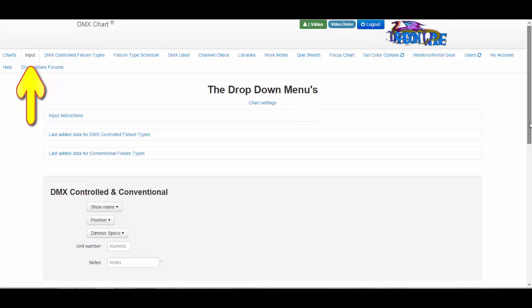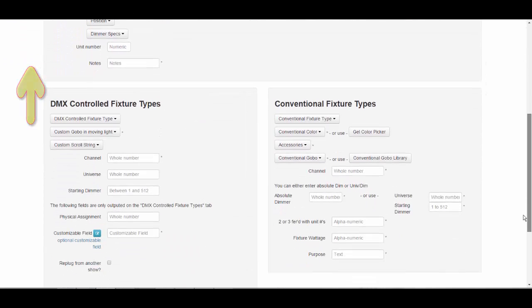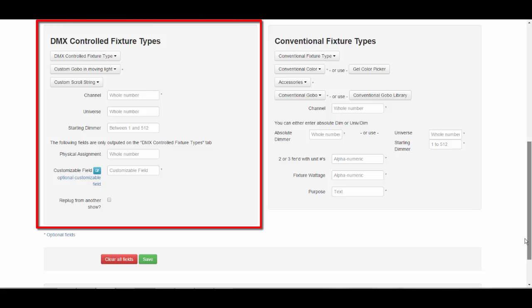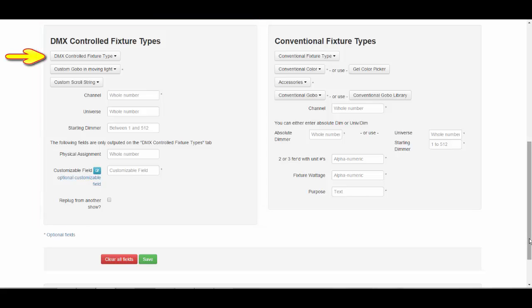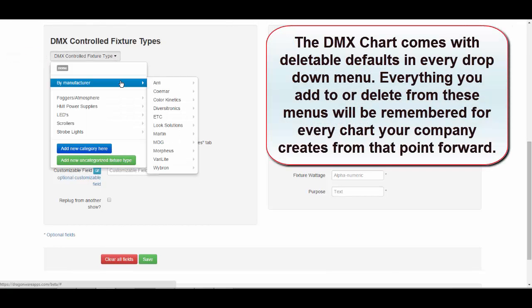On the Input tab, you'll find the DMX Controlled Fixture Types data box. The first drop-down menu is for DMX Controlled Fixture Types. This is where you select the name of the DMX Controlled Fixture Type you are entering into your chart. These are the deletable defaults in the DMX Controlled Fixture Types drop-down menu. Everything you add to or delete from this menu will be remembered for every chart your company makes from that